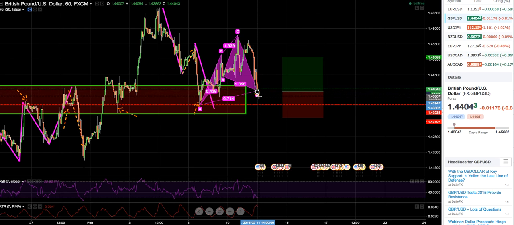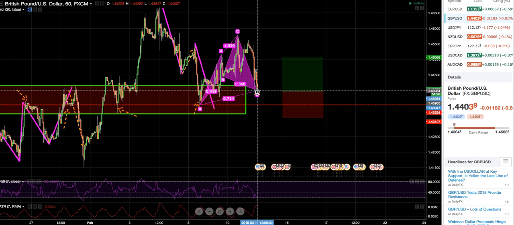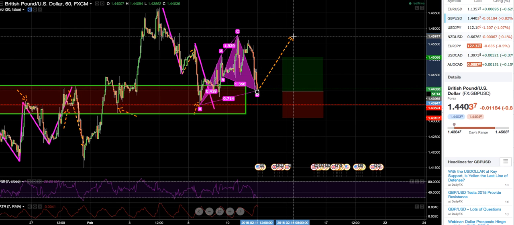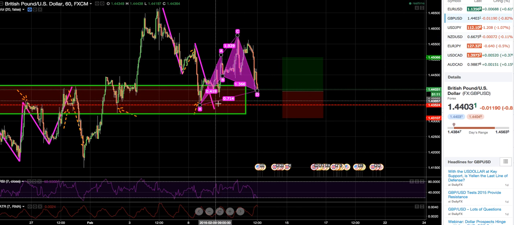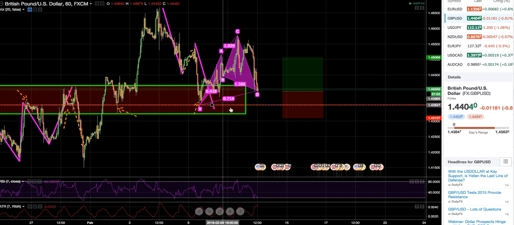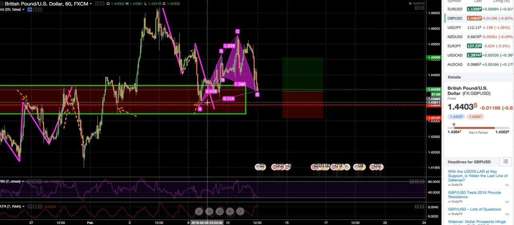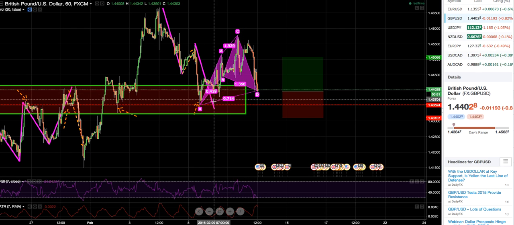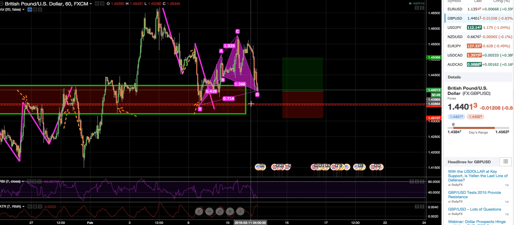So even though the pattern completes at the 786, I'm not expecting just a turnaround right here, right? So we have this wiggle room, this area right here, and that's why we put the stop below the X, right? So we give the market breathing room to come into that area, that box, even that red line, and for it to find a turning point in that box, right? But also we have the RSI is oversold as of for now,